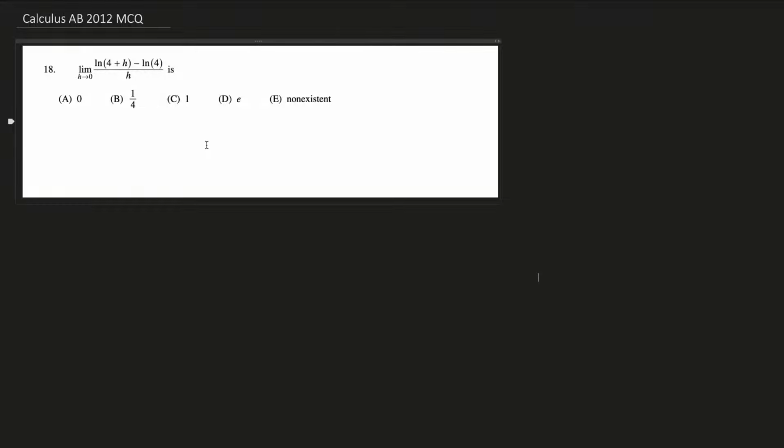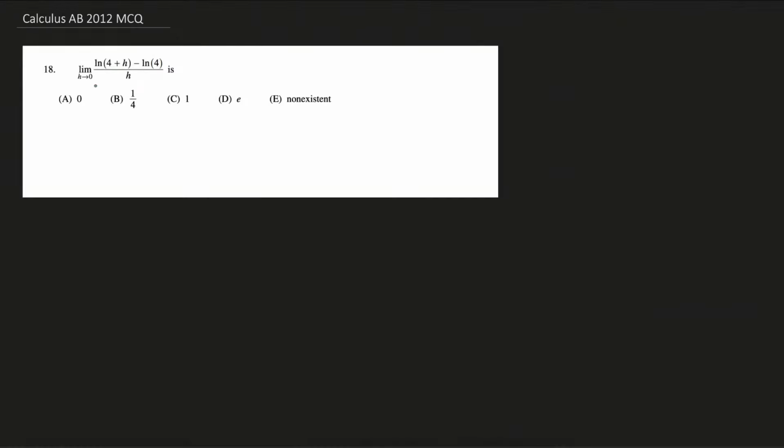All right, number 18 says the limit as h approaches 0 of ln of 4 plus h minus ln of 4, divided by h, is. For this one, you just have to think about the limit definition of a slope. All they're doing is taking delta y over delta x, but the change in y is very minute. So the ln of 4 plus h, so I'm just adding a very tiny bit, minus ln of 4 divided by